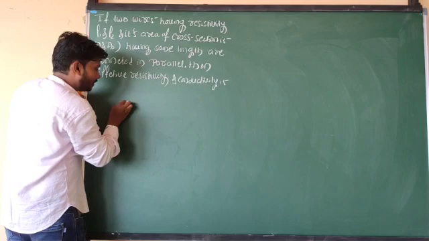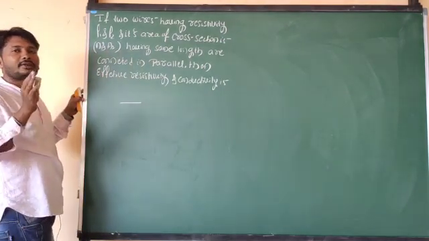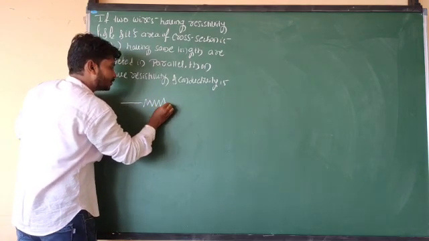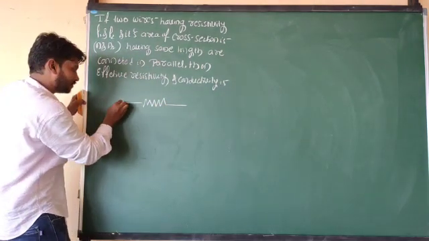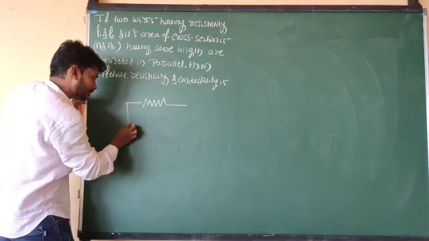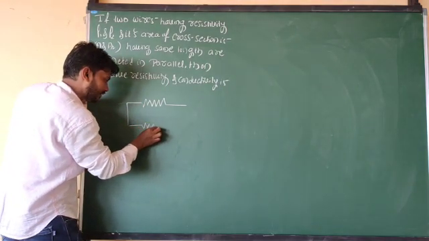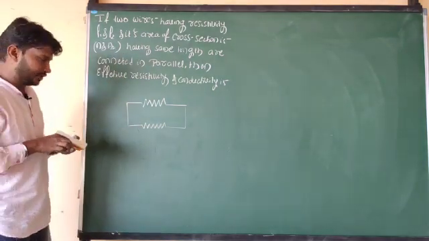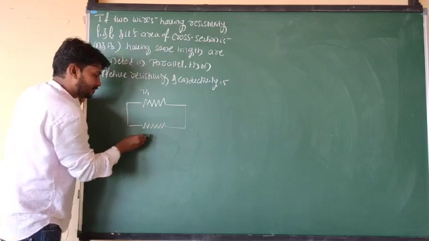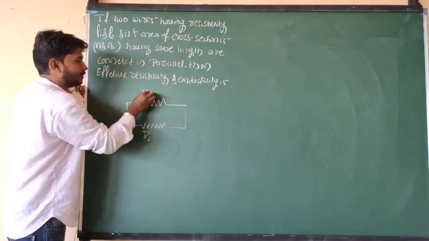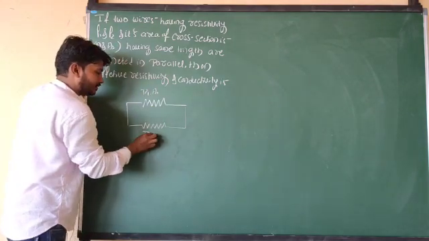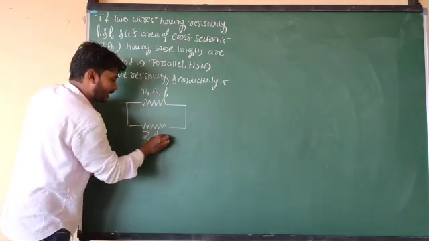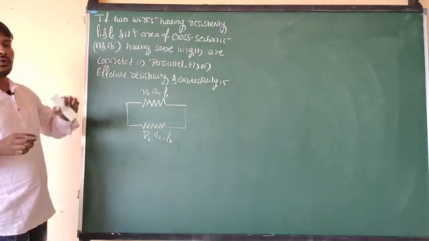So parallel combination means what? Make the connection between two common points. So let me take the two wires and these two wires are in parallel combination. So this is one wire, this is the second wire. So these two wires are connected in parallel combination here. This wire is having resistance R1 and this one is R2, its area is A1, its area is A2 here, and it is having resistivity rho 1 and it is having resistivity rho 2 here.